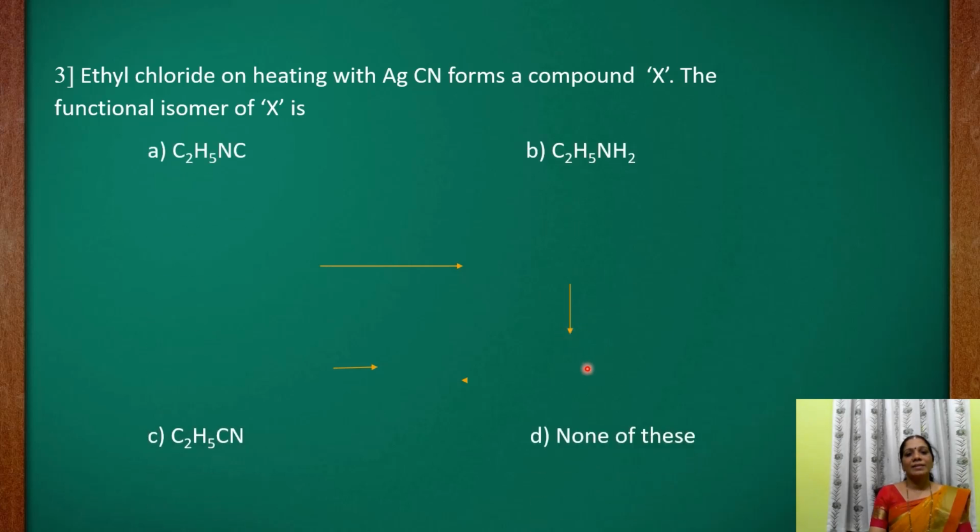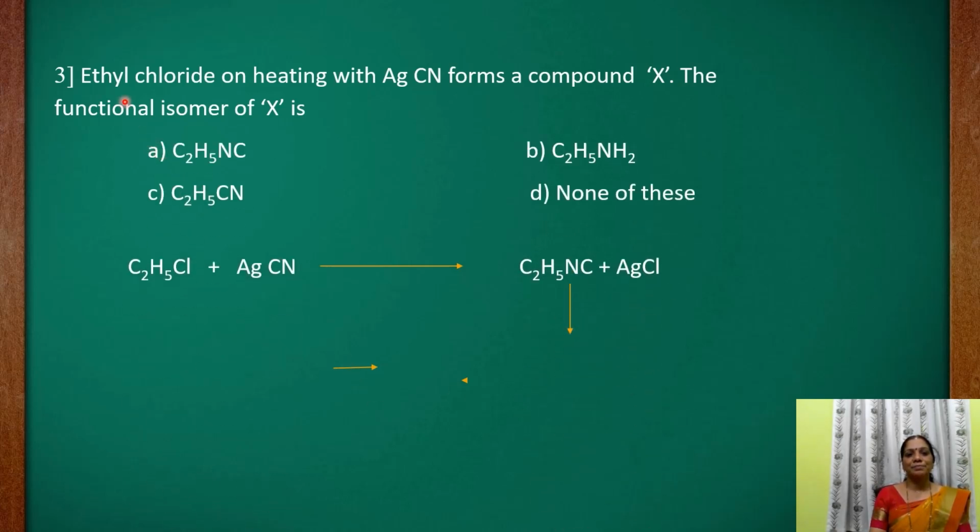The given third question here is: ethyl chloride on heating with silver cyanide forms a compound X. Okay, students. Ethyl chloride on heating with the silver cyanide forms a compound X. The functional isomer of X is... listen here students, in the first year PU you have studied about the functional